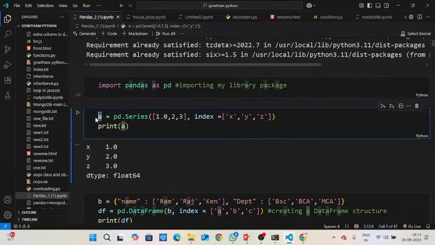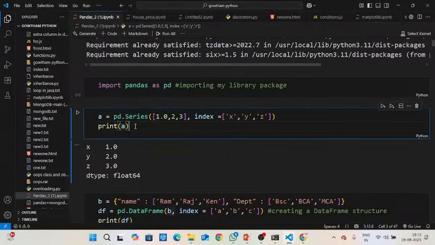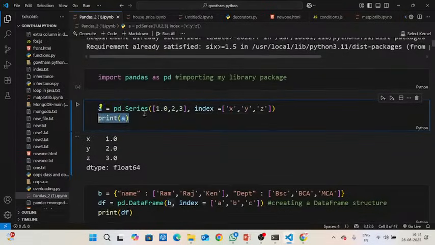Okay, in Pandas, we can load the data set in three formats. One is series format. The series format is nothing but like a list format. Here I am mentioning pd because I am going to call the Pandas library, and then I am mentioning Series. With Series I want to load a list and display it in a rows and column format. So I am mentioning Series, and then I am giving a list of data, and also I am mentioning the index value. If you don't mention this index value, it will show 0, 1, 2, and then I am printing A.